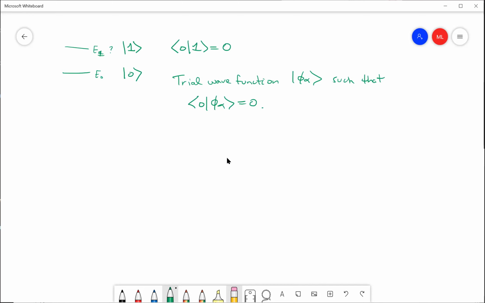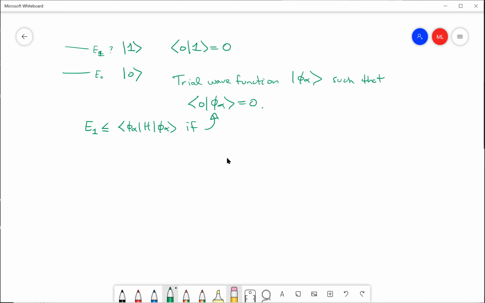And so if you go through that argument again for the variational principle condition, what you'll find is that this time the variational principle would say that it's the first excited state that's going to be bounded by this expectation value if this holds. It's because if no component of your trial wave function is along that eigenstate direction that corresponds to the ground state, then